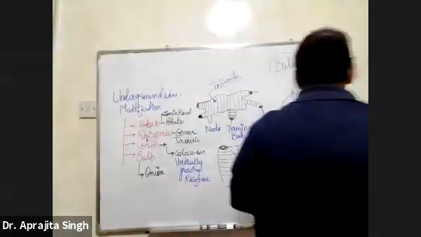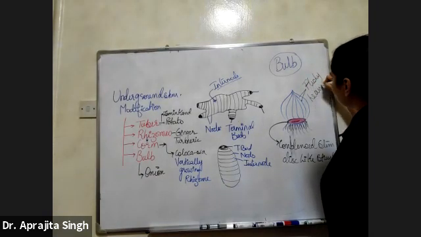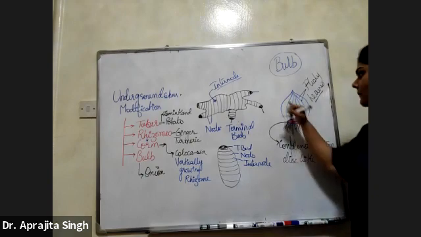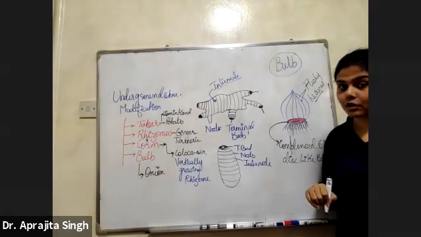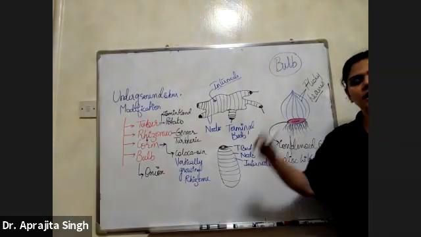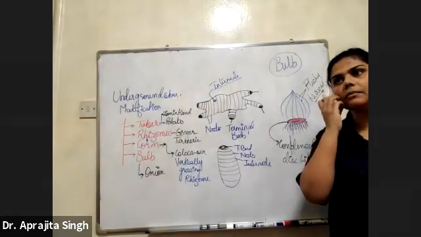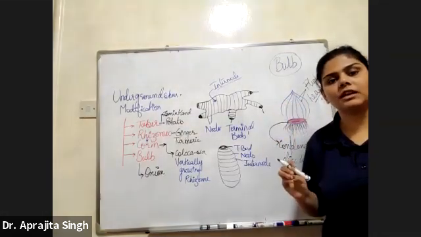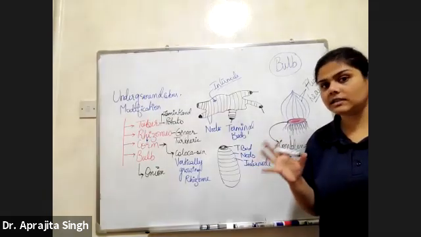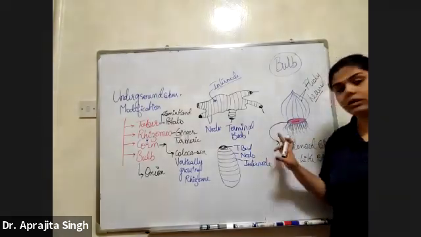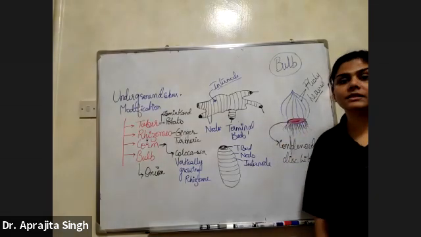And these are the fleshy leaves, which we'll be studying in leaf modification. So now see, they have the leaf modification, they have the stem modification also. If the question comes, what is the example of condensed stem, or what is the example of underground stem modification? If you see the word condensed stem, you have to select only the onion, because onion is the only example which has a condensed stem.